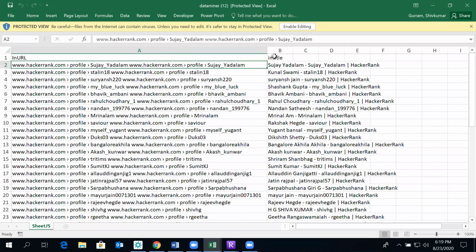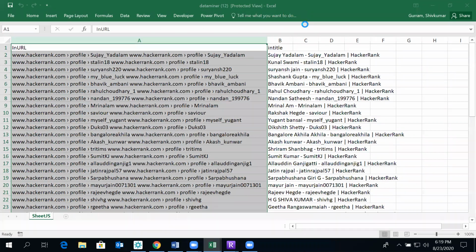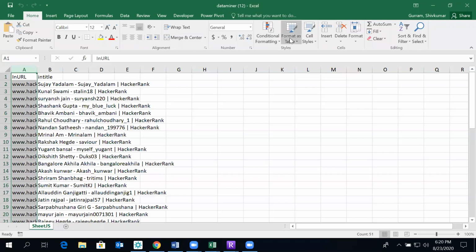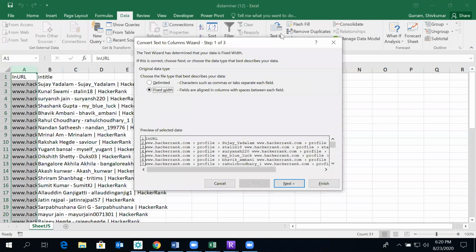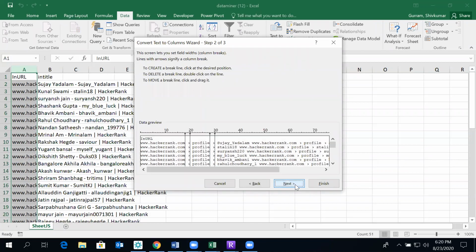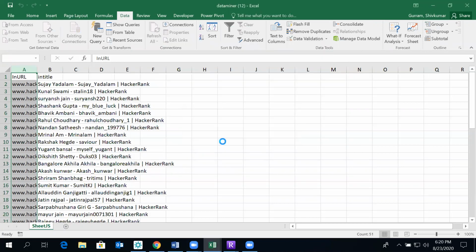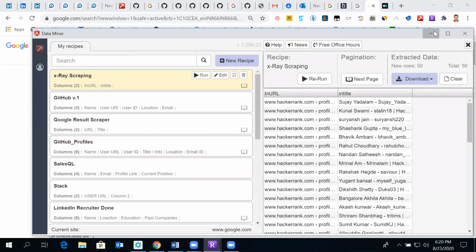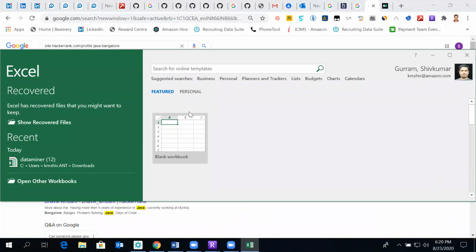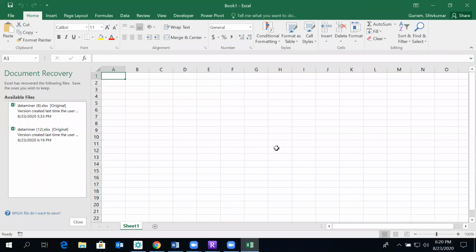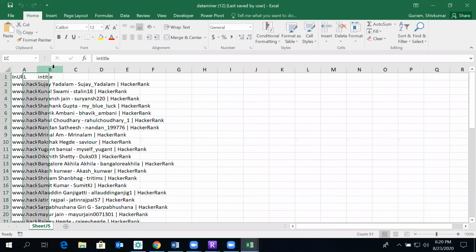Okay, here we have it like this. So this part we can take, Stalin, Suryansh, in another column, data text to column, then generate bulk email IDs. It's corrupting.